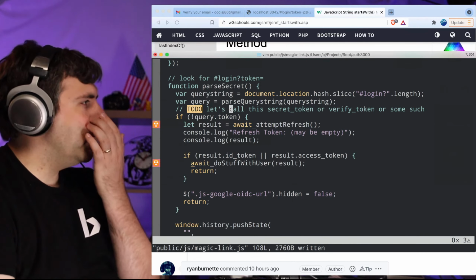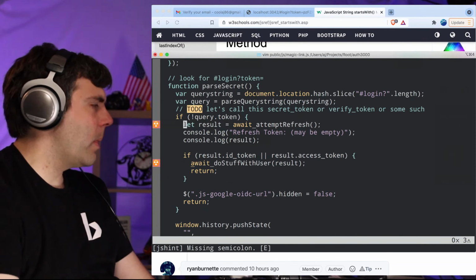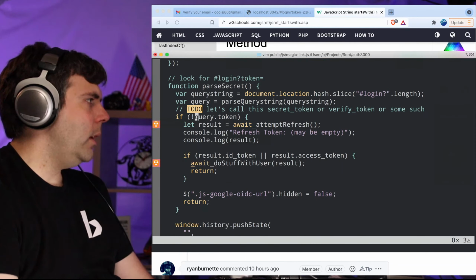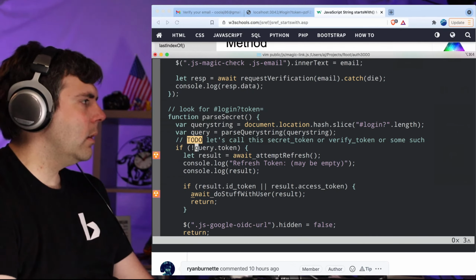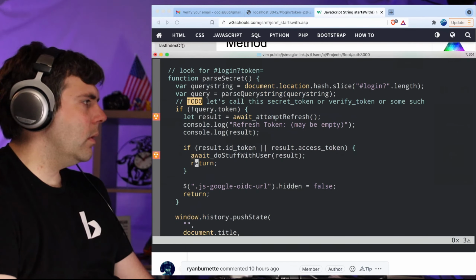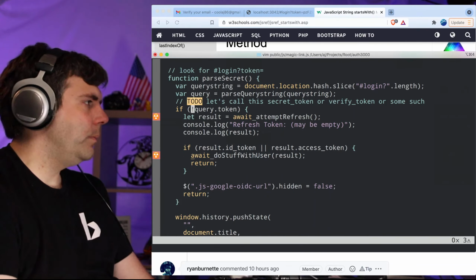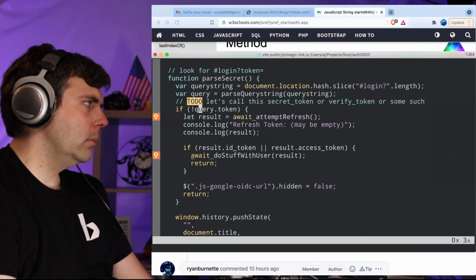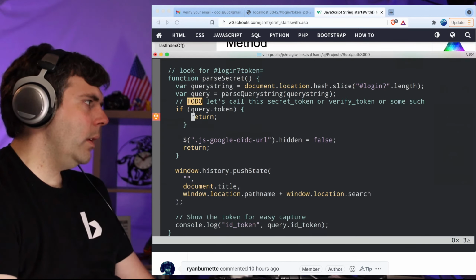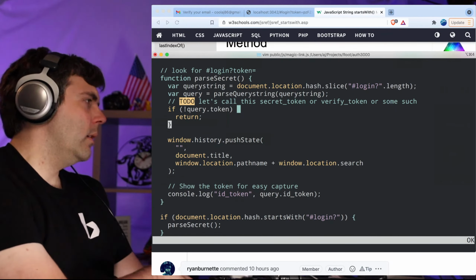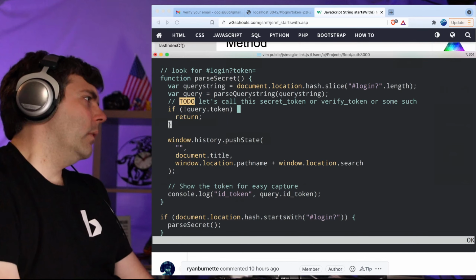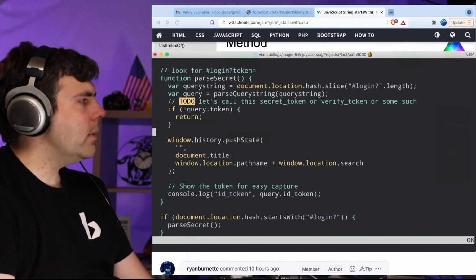I don't like calling it just plain token. So that's the secret. So if that isn't there, then we go about our business. So really it's if that is there. So if that's not there, then return. If it is there,